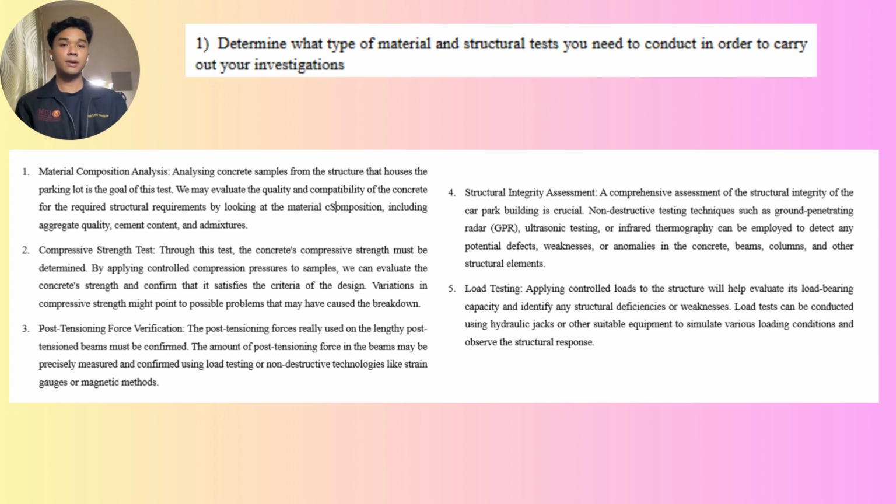To investigate the car park building failure, the following tests are recommended. The first one is material composition analysis, where we examine concrete samples for quality and compatibility. The second one is the compressive strength test, to determine the concrete strength through a controlled compression test. The third one is post-tensioning force verification, where we confirm the actual forces applied to the beams using load